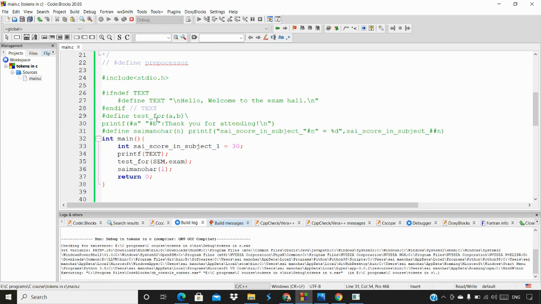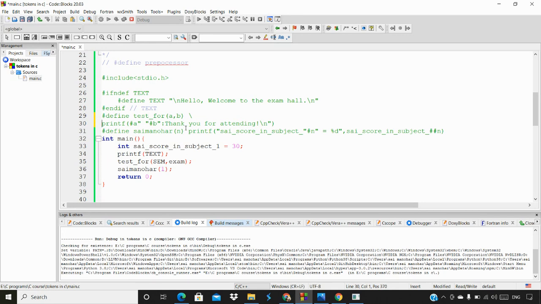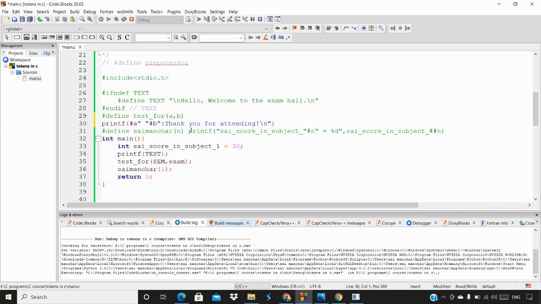Actually, when it comes to line number 22, we have written the printf function in the next line. We can even write it in the same line itself. But if you want to write in the next line, then you have to give this backward slash. If you give a backward slash, then you are able to write it in a new line. If not,